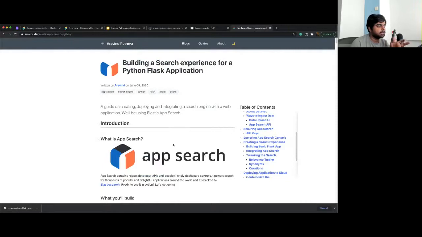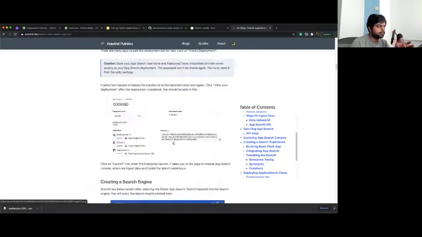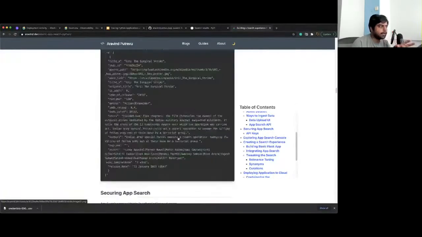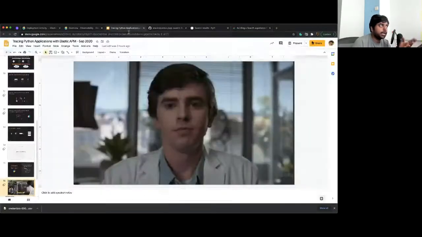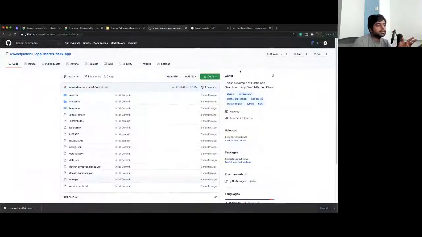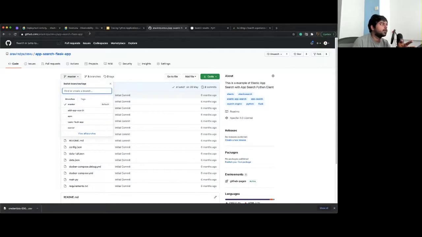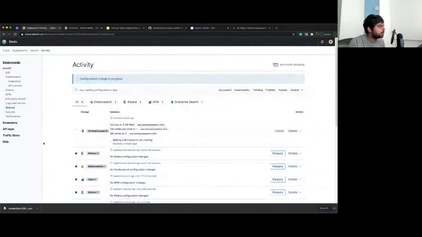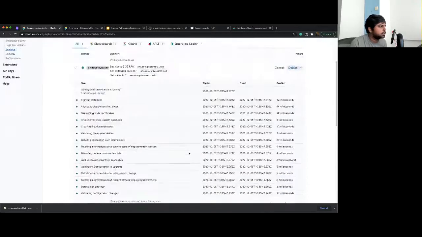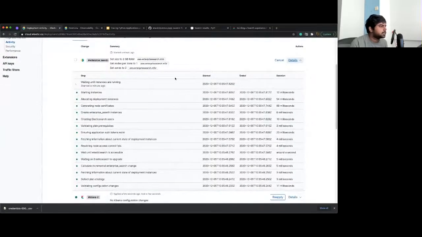The entire tutorial is completely given here from start to scratch. Of course, the APM part is not fully there, but you can learn that while I'm doing it right now. I'll add those details to the guide as well. It's already there in the code, but if you want, you can do that as well. So let me quickly see whether this has completed or not. It will take a while to complete, so you could see the details here. Okay, the instances are running. Wait until the instances are running, we'll see that.